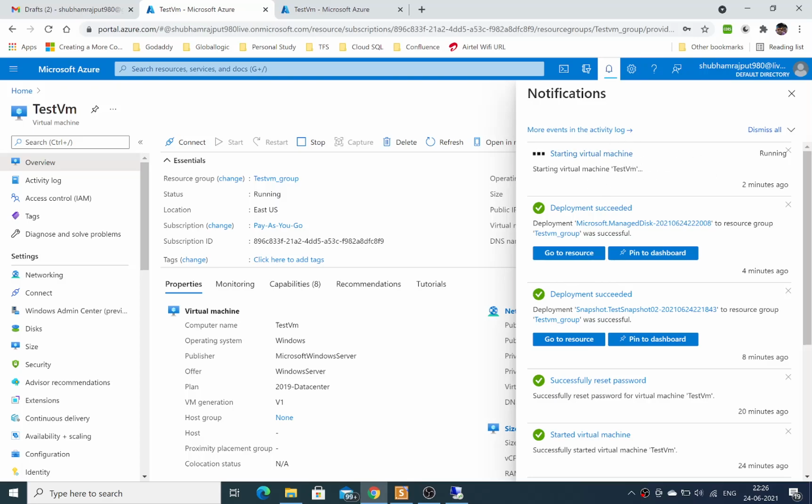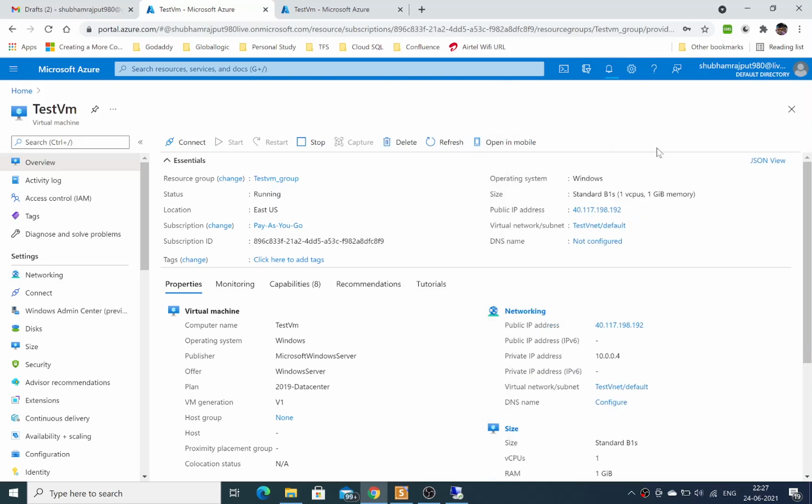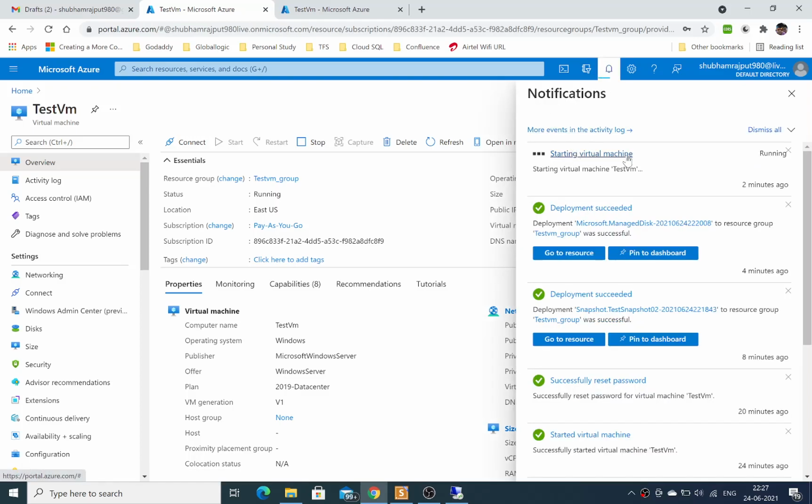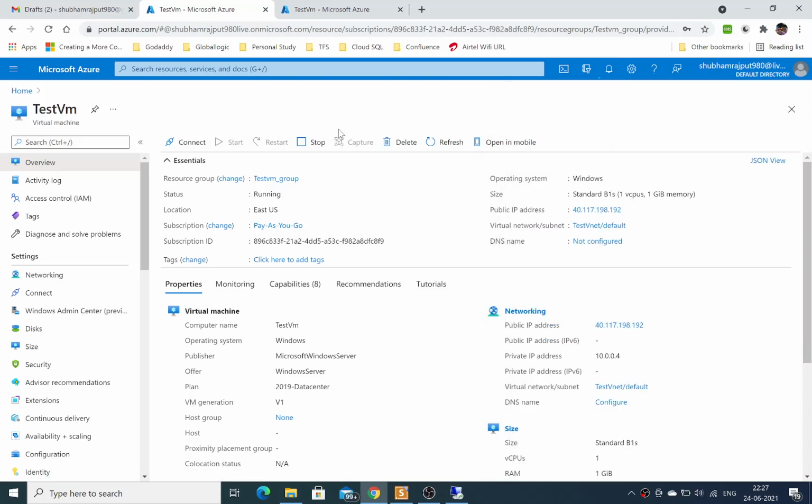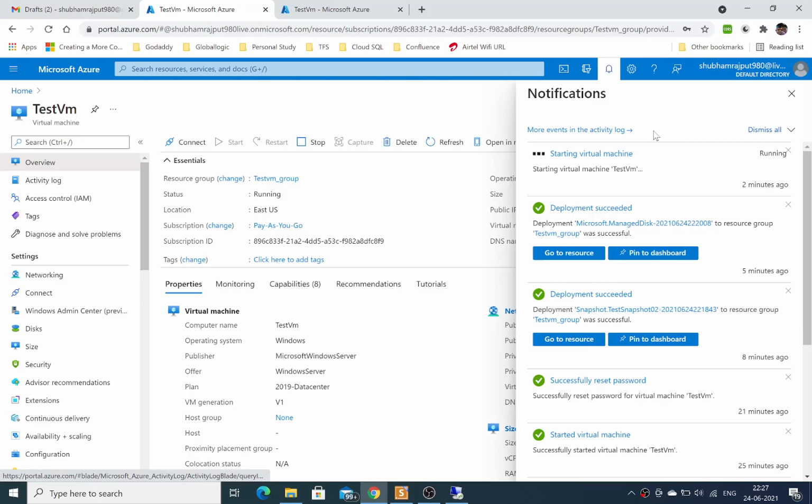Have you understood why I'm not able to connect to the virtual machine? Because my virtual machine has not started yet. So it will take some time. Starting virtual machine. It will take some more time to start.